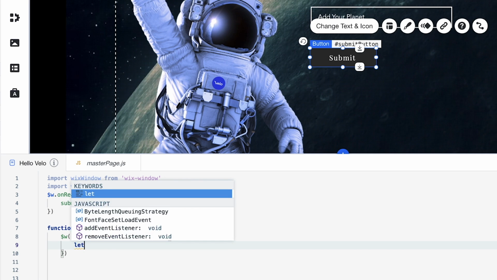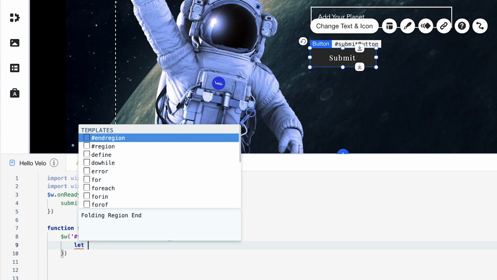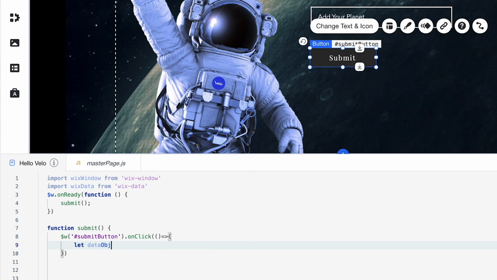So first, let's create this object and call it dataObj, just for short. And inside this object, we're going to be placing a key value pair for our submission. So we need a key for our name, and then a value, then we need a key for our planet name, and then a value for that as well, right? So when we click it, we're going to be getting those values.